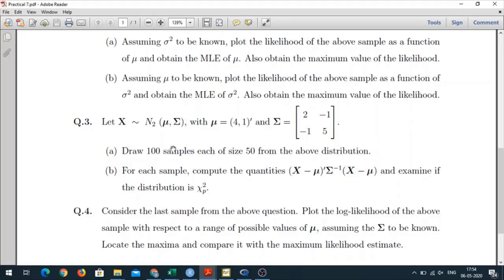I would check whether the distribution is chi-square 2, and I would repeat this exercise for 100 samples. Why not stop at just one sample? Because there are two possibilities. One possibility is that even if the sample is actually not from chi-square, by fluke you got chi-square. Or the reverse way, the sample is actually chi-square, but you are unlucky and you got the test to be rejected, because for any test there is going to be type 1 error and type 2 error